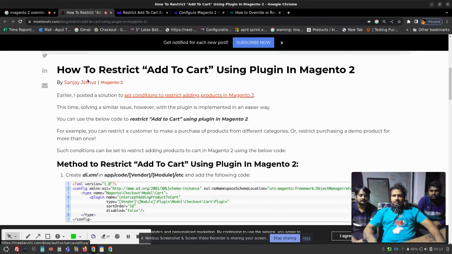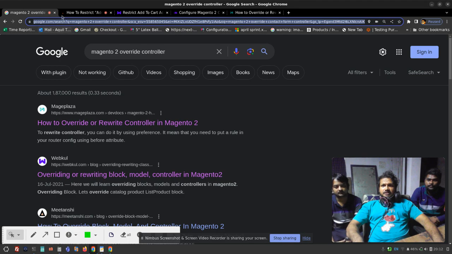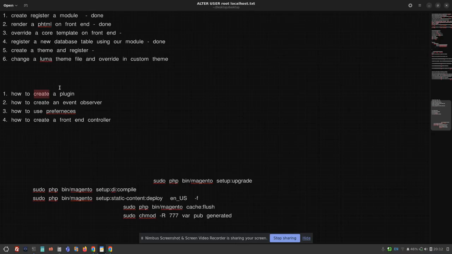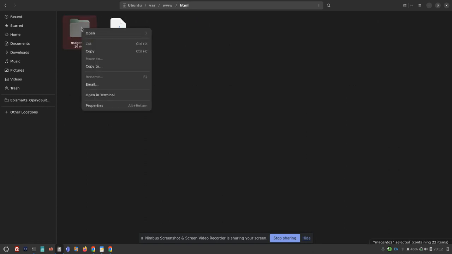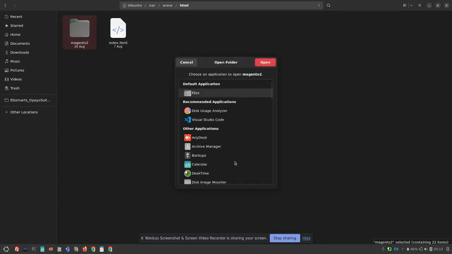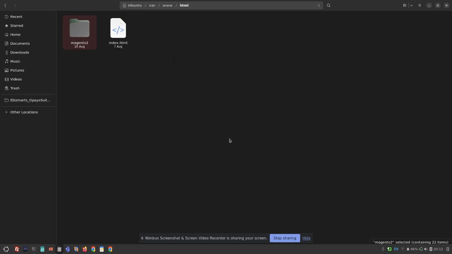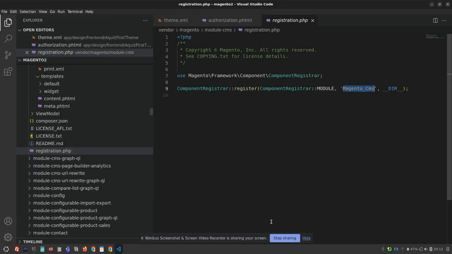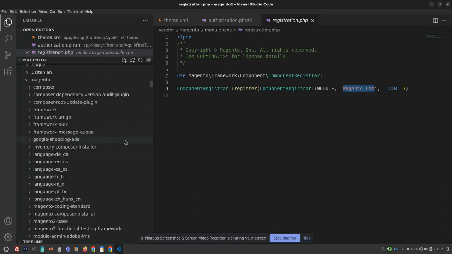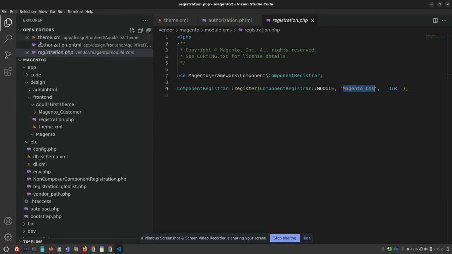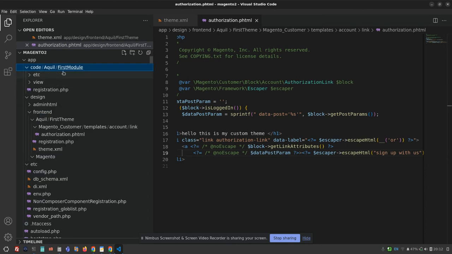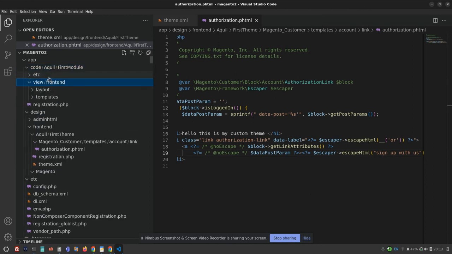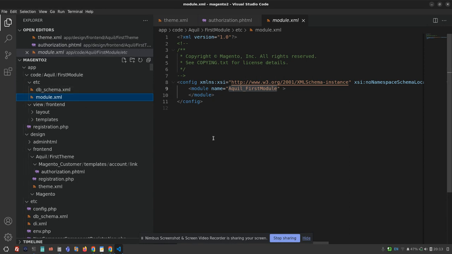So let's start with the first one, that's plugin. Let me open my project directory. So that's my local. I'm going to open the project in Visual Studio Code. Previously we developed our own extension, which was app code, heal, and first module. So we are going to continue with the same module which we have developed after